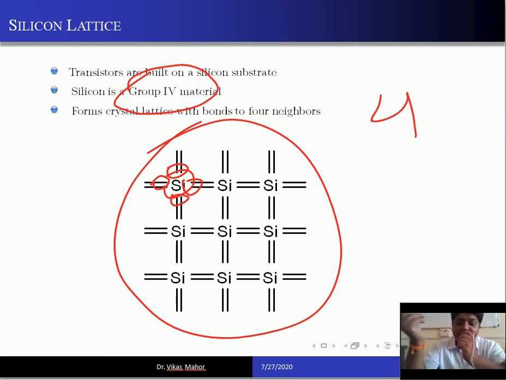So I'm repeating. Most of you students definitely know these things, but why am I repeating? Because there should not be a single student in the batch who misses a single concept, as then it would be difficult for them. Fine. So silicon has 4 valence electrons, and because of that it makes a covalent bond with a nearby silicon atom. Every silicon atom makes a covalent bond with nearby silicon atoms.